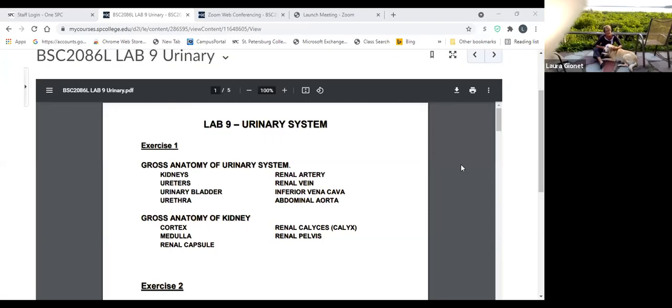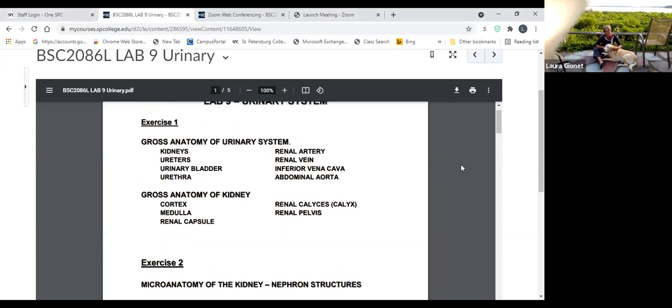Okay, we're covering the urinary system, and I'm going to go through the lab to cover and review what you're going to be required to be able to identify and describe a function. So we have our gross anatomy, which are the kidneys, the ureters, urinary bladder, urethra, renal artery, renal vein, inferior